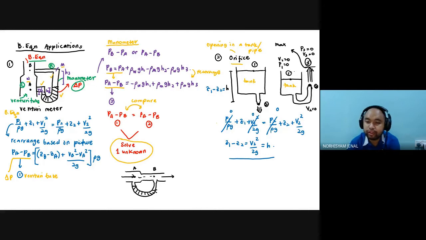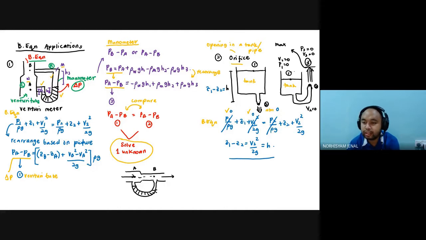We have, as usual, the Bernoulli equation written like this, and then we cancel out accordingly. For this one, because point 1 is at the surface, the pressure equals 0. Z1 should have a number here. V1 also equals 0, based on the conditions that we have. P2 equals 0 because here,